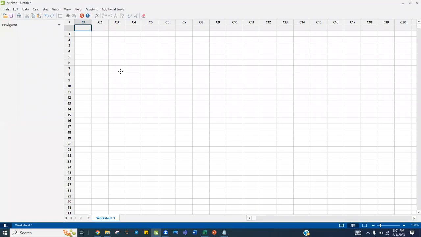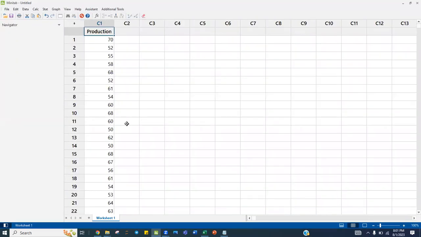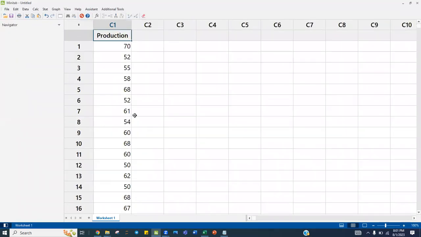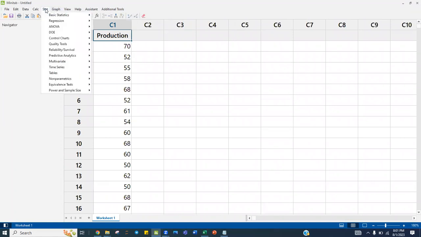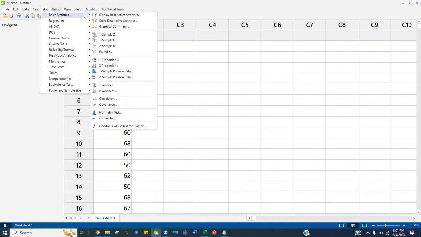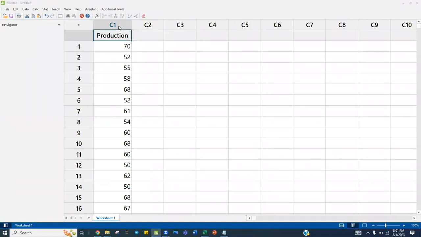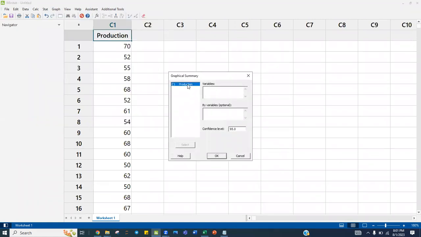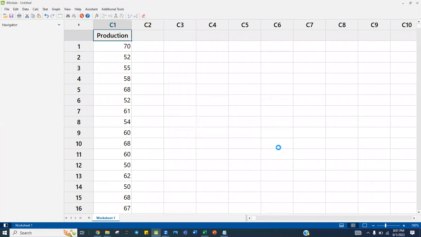Suppose here I am copying and pasting this data. For baselining, what I have to do is go to Stat, Basic Statistics, and click on Graphical Summary, which is in picture format. Double click here on the production data, click on OK,